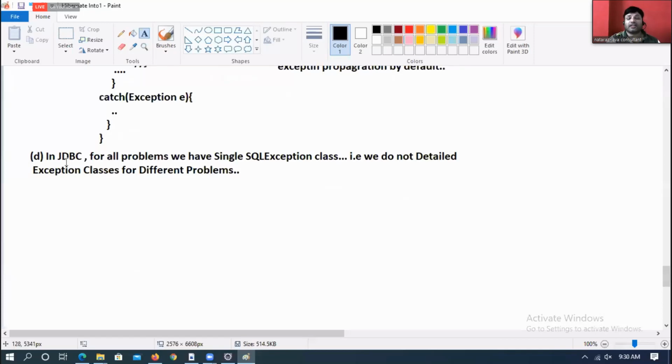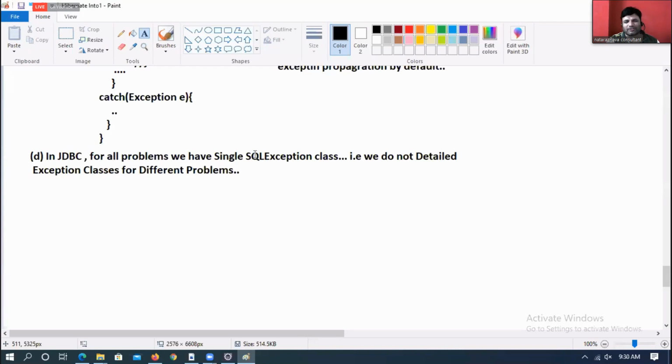Next one. In the JDBC API, for all problems, only one exception. What is that? SQL exception. You are not establishing a connection with the database, SQL exception. Query has syntactical mistakes, SQL exception. Statement object not created properly, SQL exception. ResultSet object not generated properly, SQL exception. Connection is not closed properly, SQL exception.